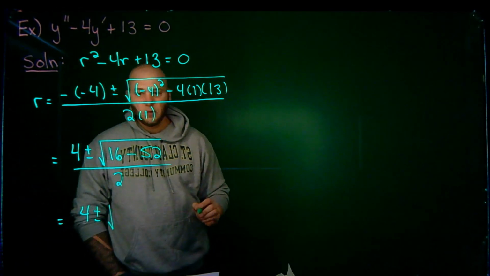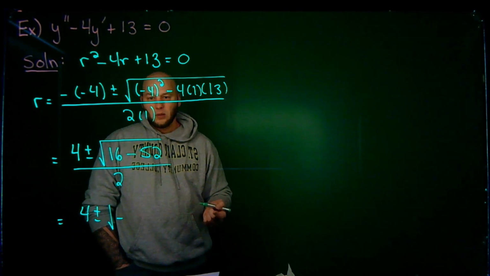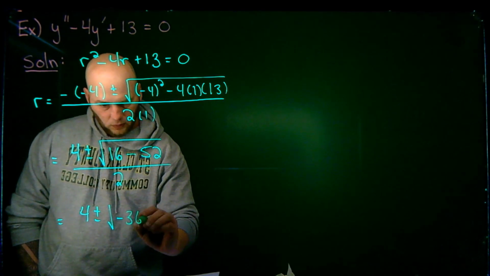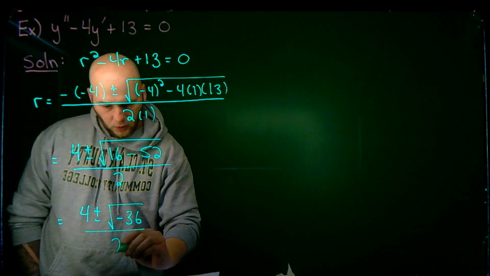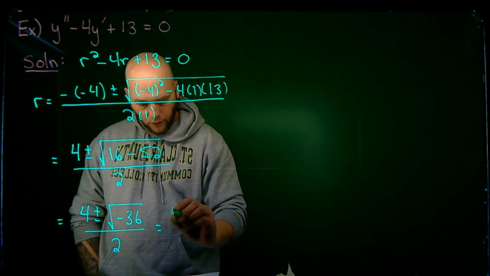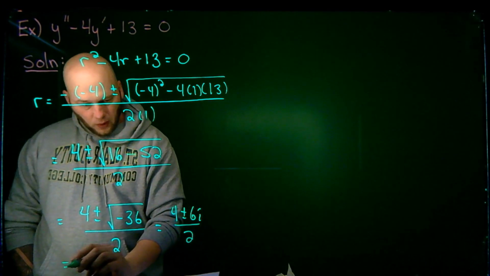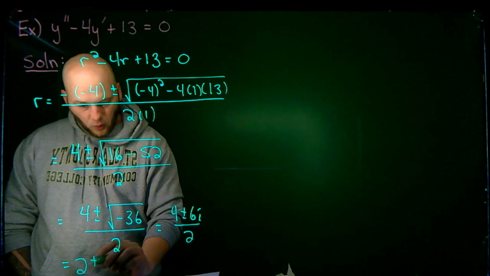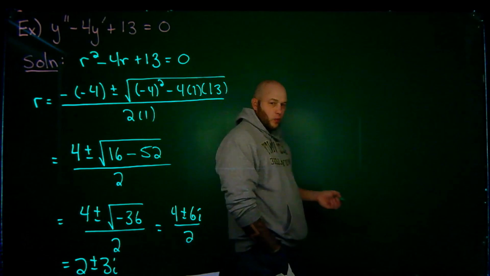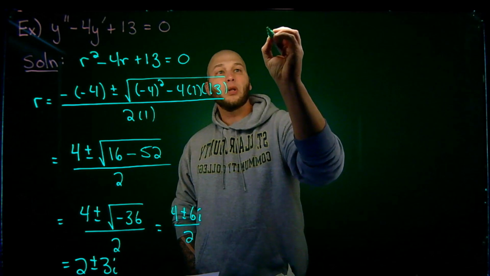So 16 minus 52 would give me a negative, so negative 36, all over 2. And of course, the square root of negative 36 would be 6i, so I get 4 plus or minus 6i over 2, which gives me the following roots. 2 plus or minus 3i for my complex roots. And again, the real part being 2, the imaginary part being 3, says that the two solutions for this would be